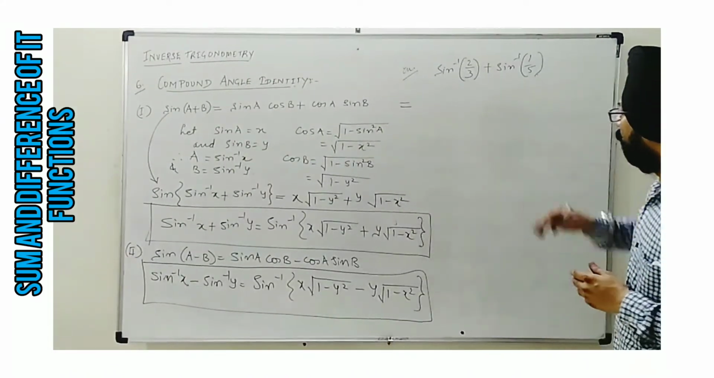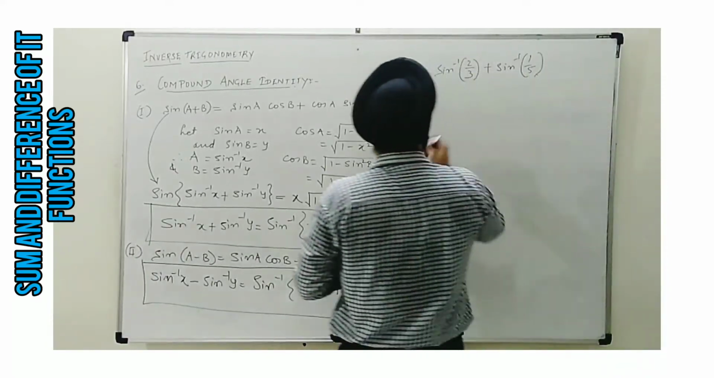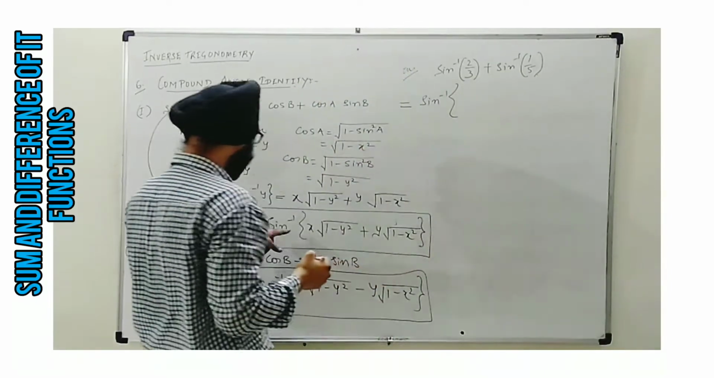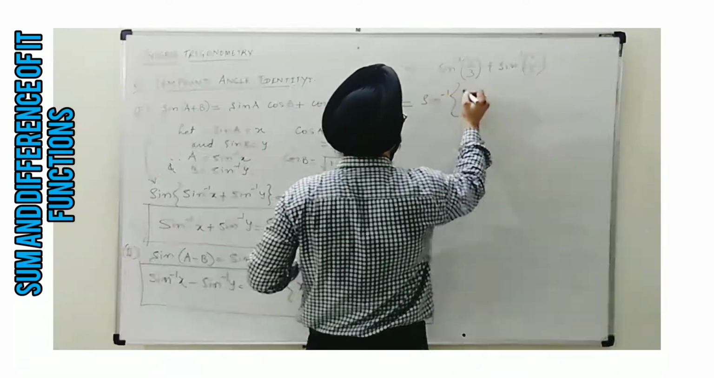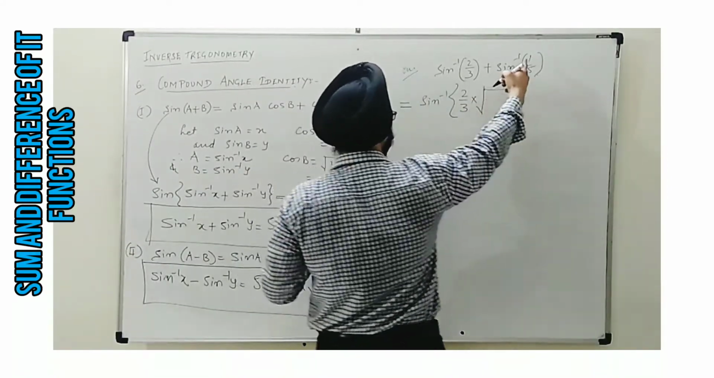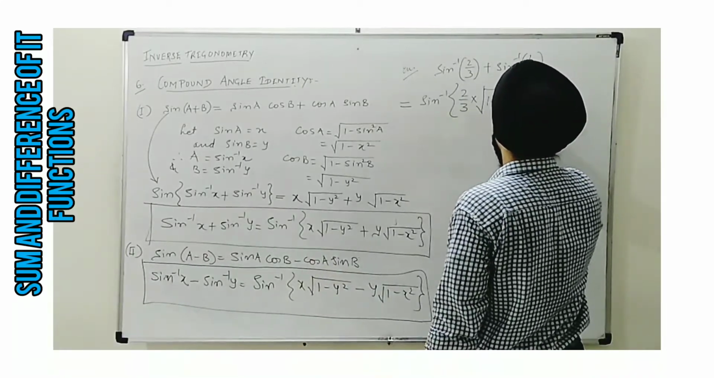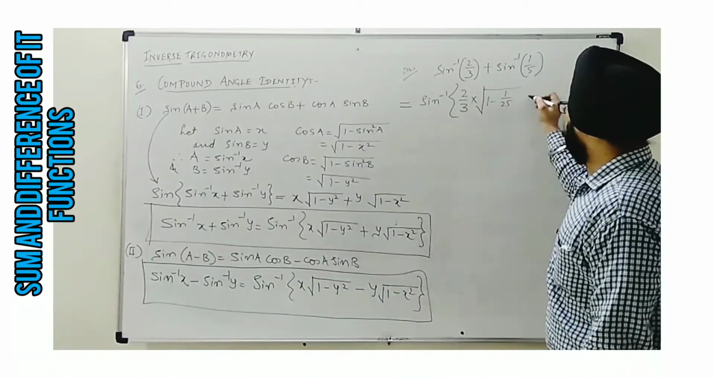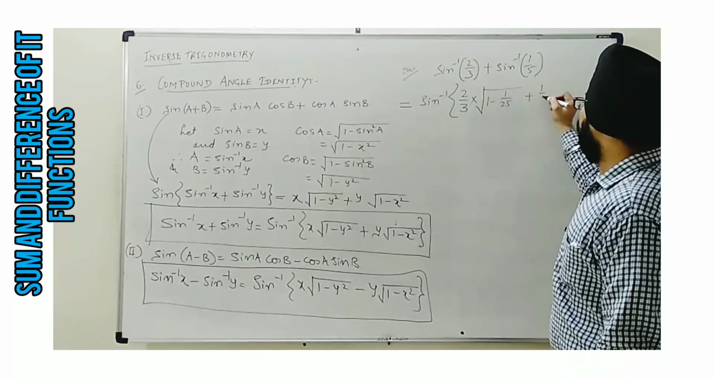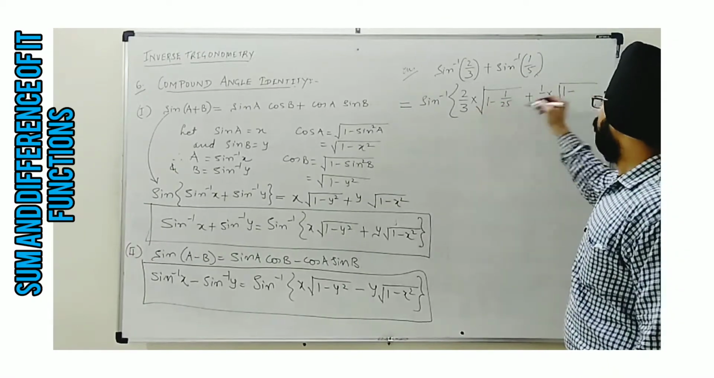Sine inverse 2 by 3 plus sine inverse 1 by 5, as I said, this is x, this is y. Now applying, the right hand side is given as sine inverse of x, as we have taken x as 2 by 3, so 2 by 3 multiplied by under root 1 minus y square. So 1 minus the square of 1 upon 5, it's 1 upon 25, plus, as addition is given, so here also plus. Now 1 upon 5 is multiplied by under root 1 minus the square of 2 by 3, so 4